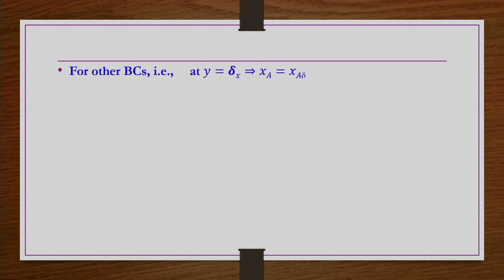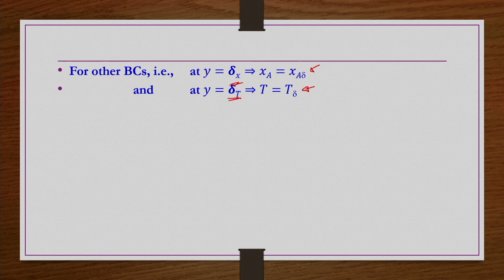Right. Now what we do, the limiting conditions of unequal film thickness. If the film thicknesses are unequal, then at y is equal to delta x, XA is equal to XA delta. This is for the mass transfer part, right. So film thickness for the mass transport whatever is there, delta x. So under such conditions XA is XA delta, and then for the heat transfer part the film thickness is delta t. So then y is equal to delta t, T is equal to T delta t.